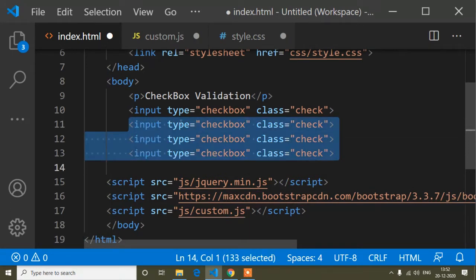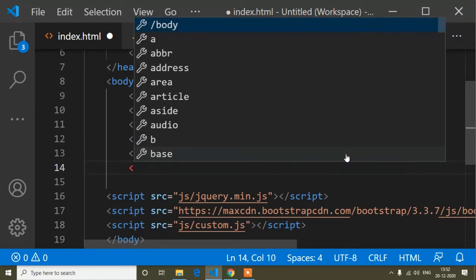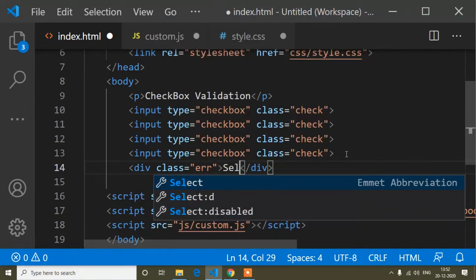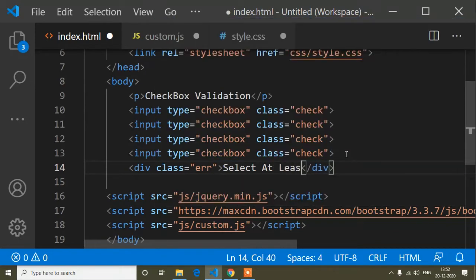So now I have 4 checkboxes, and now here I will write the error. The div class name is error, and the error is: select at least one checkbox. So save, and now if I check it in the browser, you can see checkbox validation.